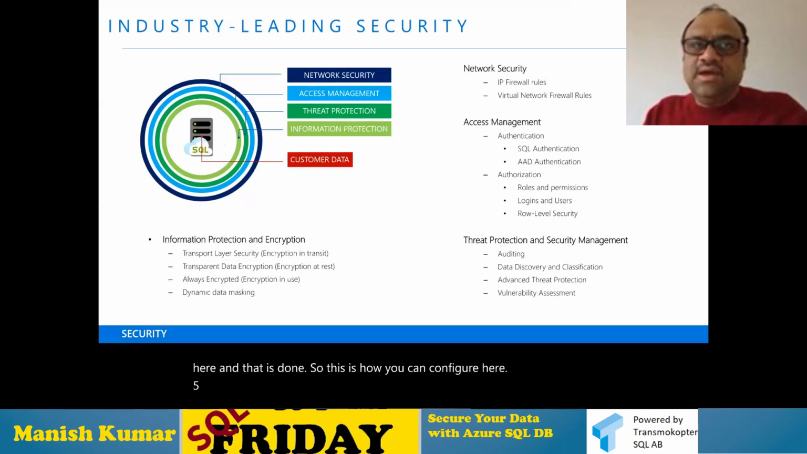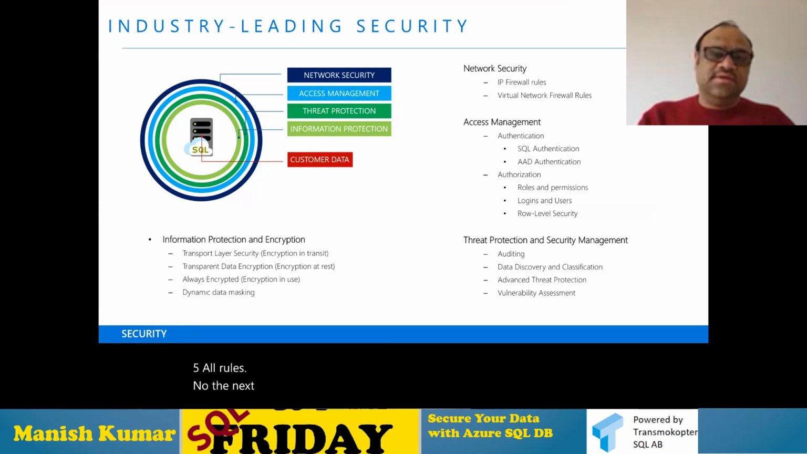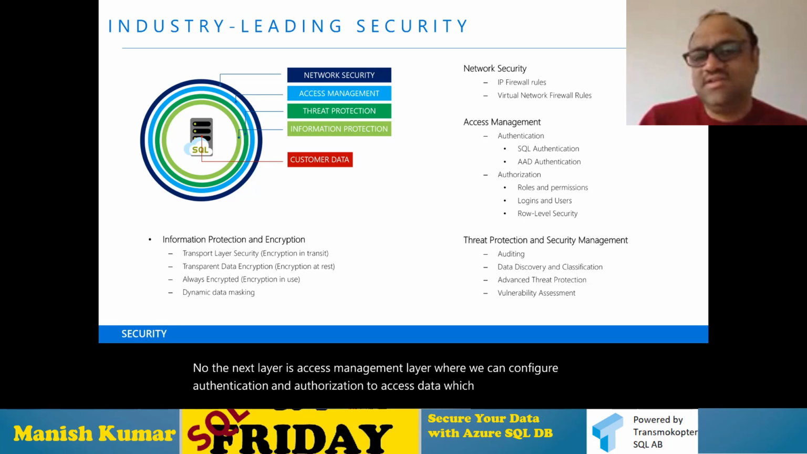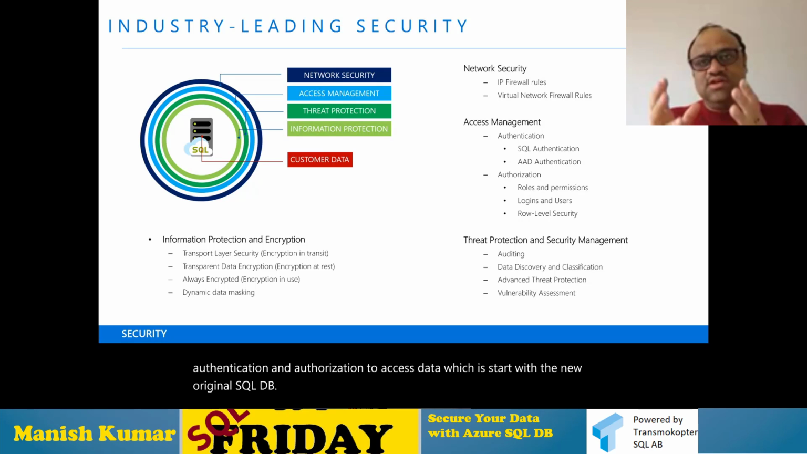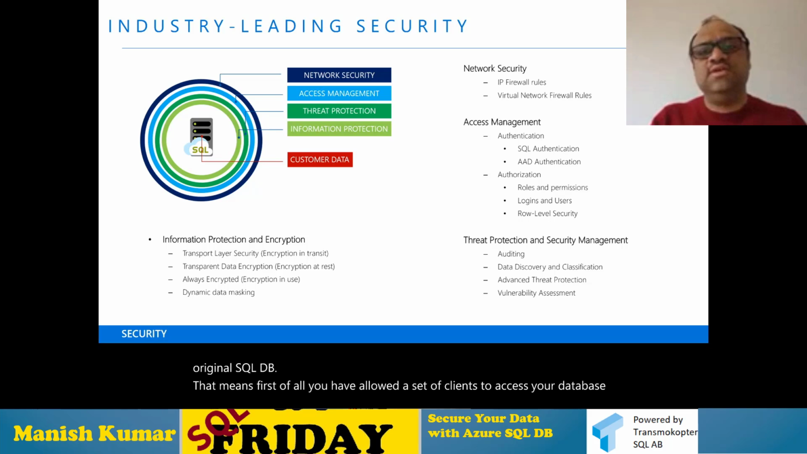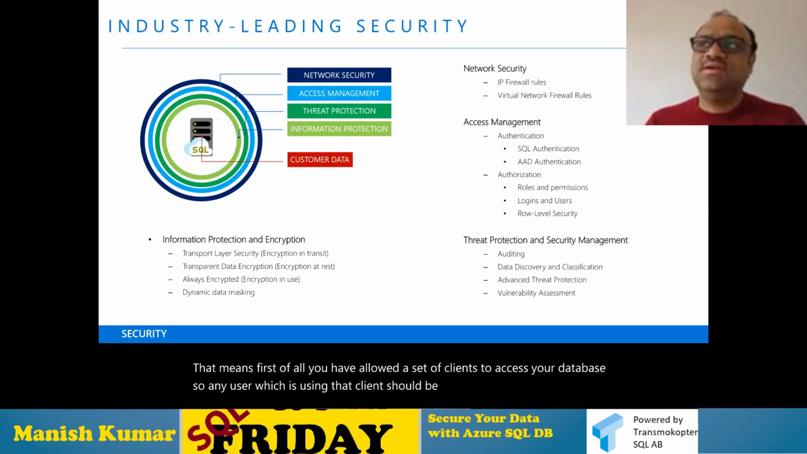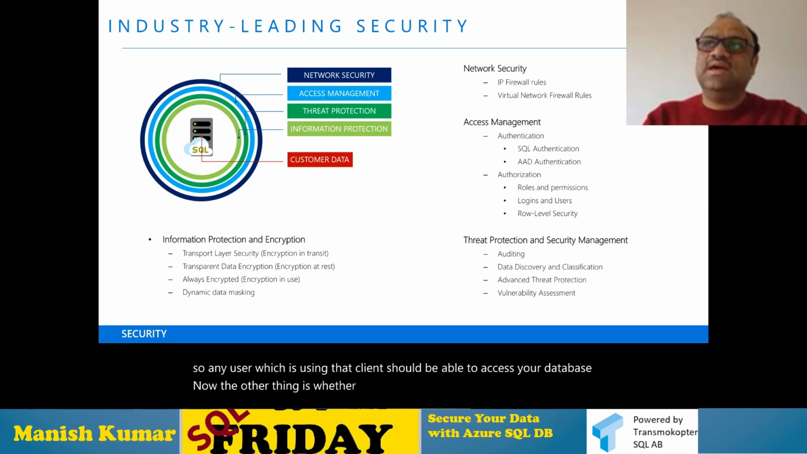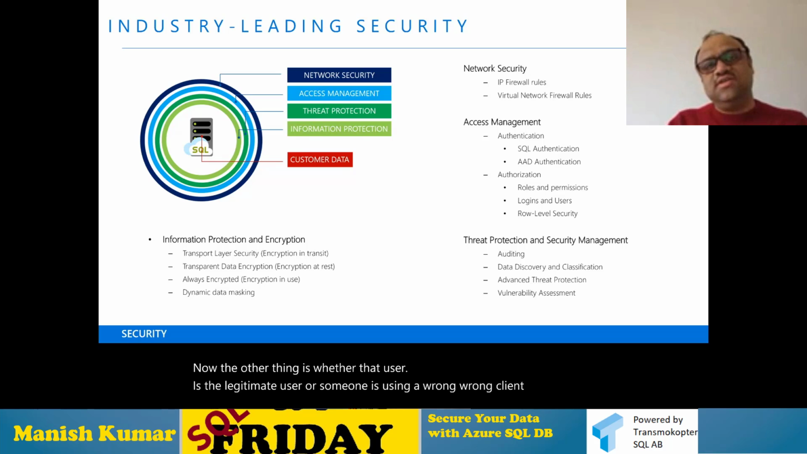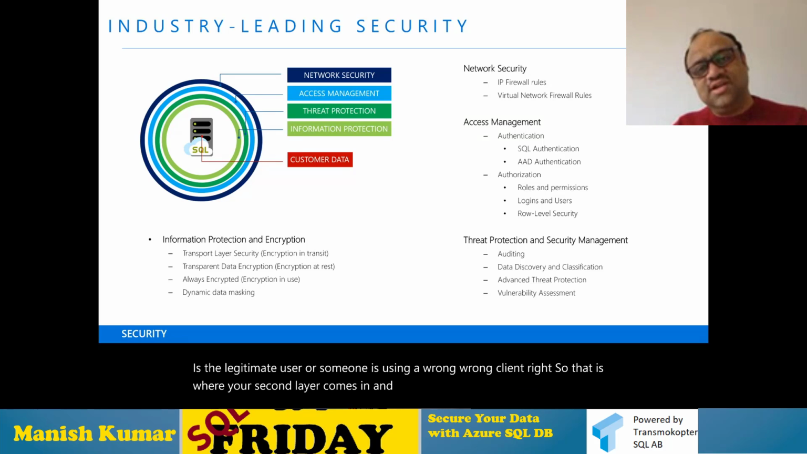firewall rules. Now the next layer is access management layer, where we can configure authentication and authorization to access data which is sat within your Azure SQL DB. That means, first of all, you have allowed a set of clients to access your database. So any user which is using that client should be able to access your database. Now, the other thing is whether that user is the legitimate user or someone is using a wrong client. Right, so that is where your second layer comes in, and that is where you have to configure authentication and